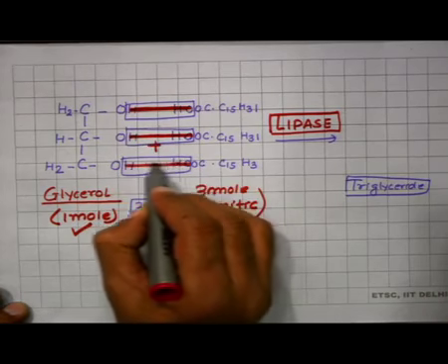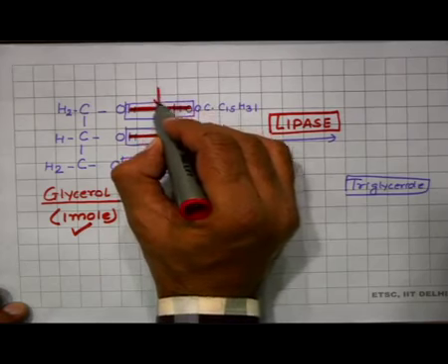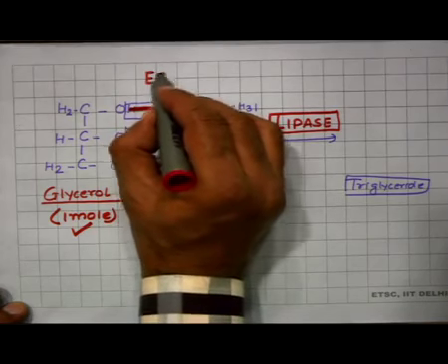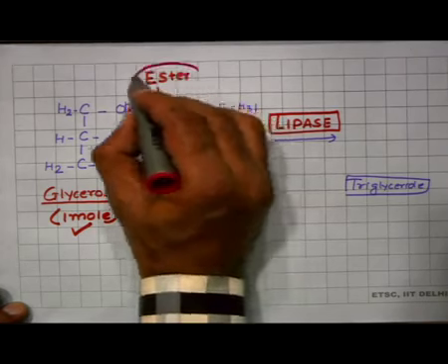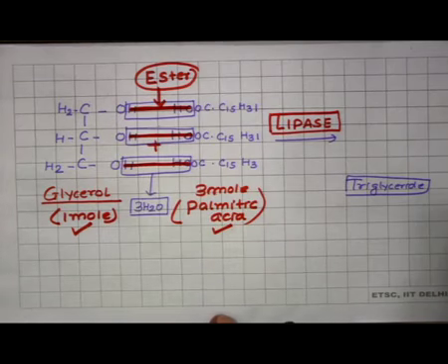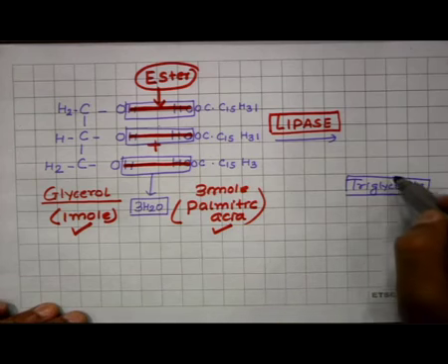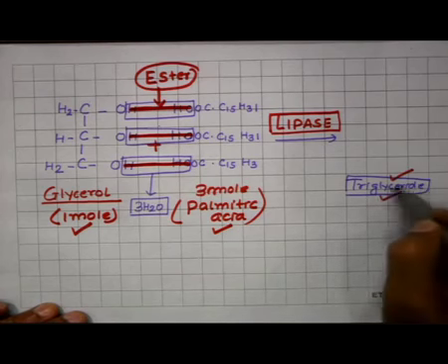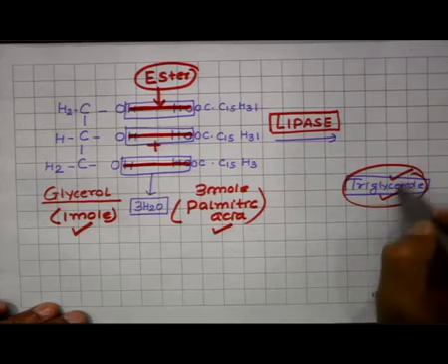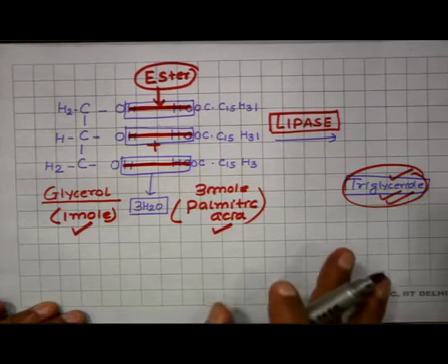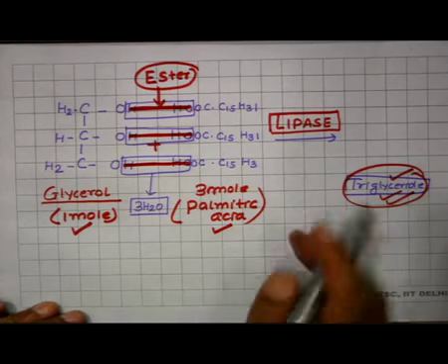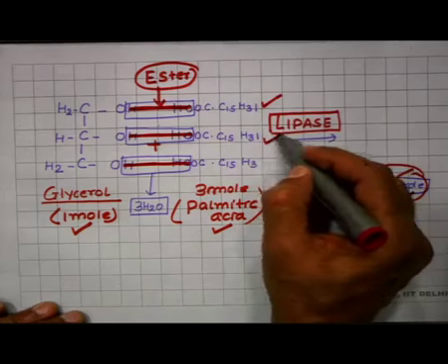Now, this bond is called the ester bond. So you can easily form the fatty structure, that is the simple fat called triglyceride, because the triglyceride requires 3 molecules of fatty acids and